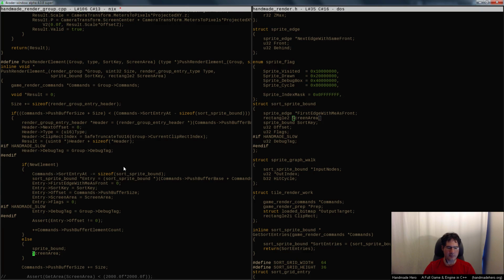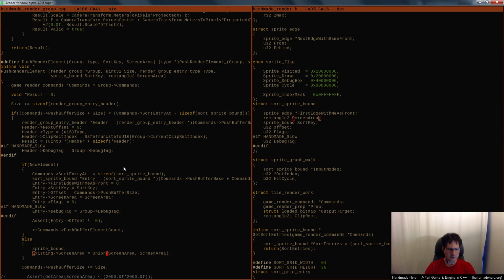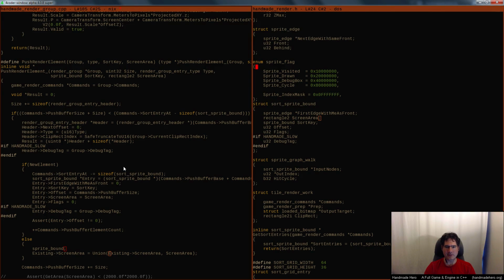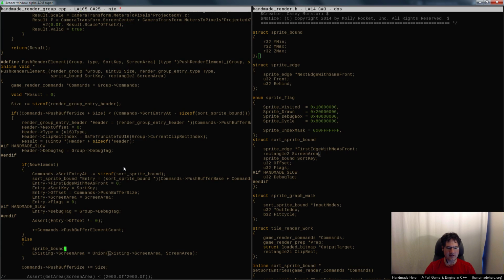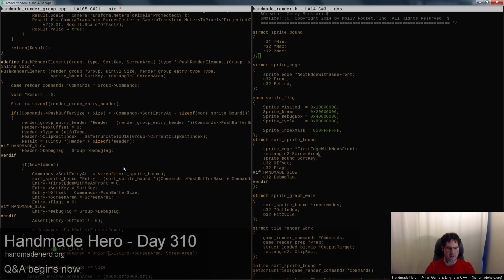And so for the screen area, it's pretty trivial. It's just going to be like screen area equals union, screen area, screen area. So there's going to be just some existing, something like this. Right? And for the sprite bound, since they happen to be min-maxes and stuff, I think it's similar. So I think existing bound, and there's my time, my time is up. Ymin equals minimum, existing ymin